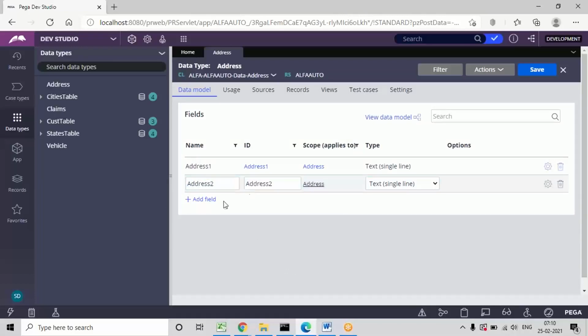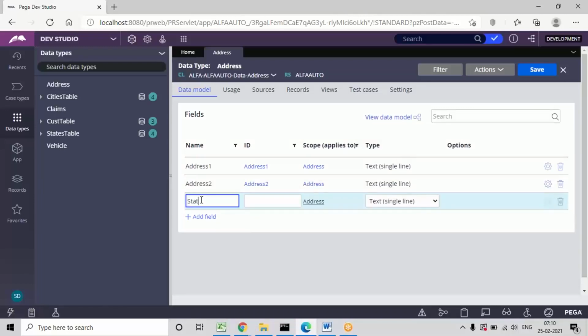Address line 2, and other fields like state.